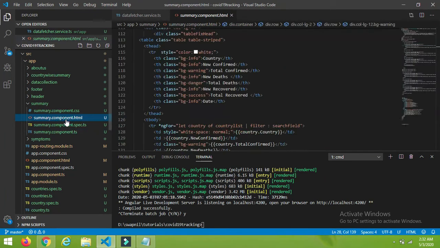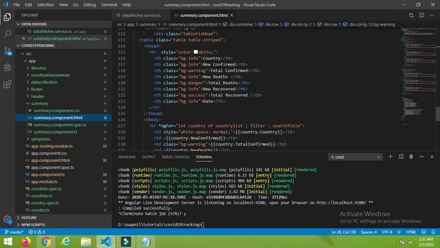Here we have used the same variable, country list. Now this is an array list, and we have to iterate over it. To iterate in Angular, we have the directive called star ng for. We have to give a local variable name for each iteration.